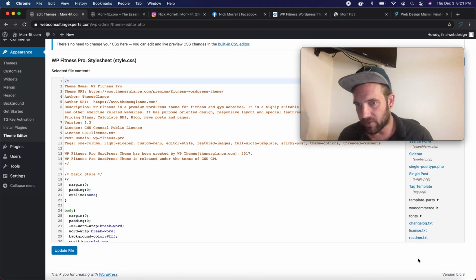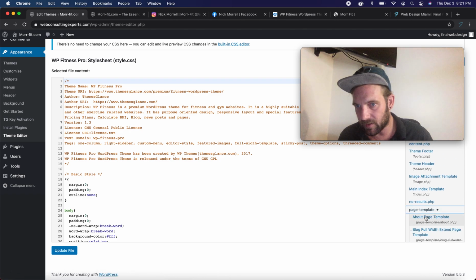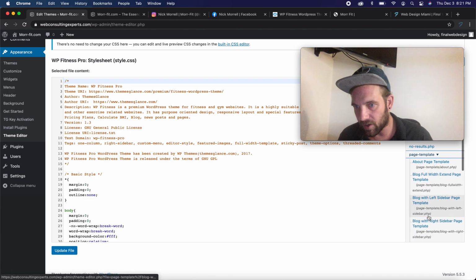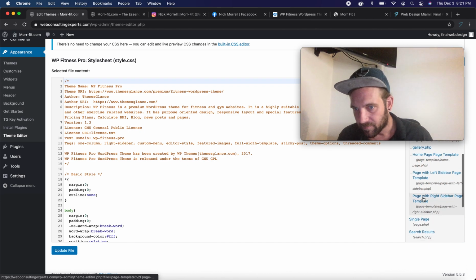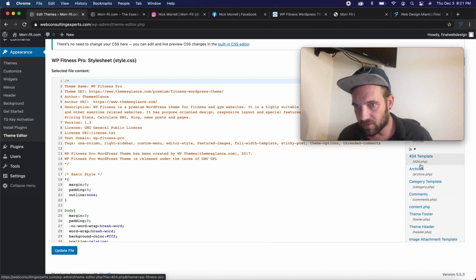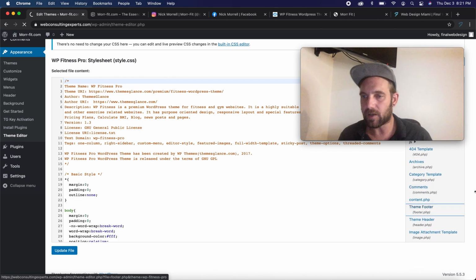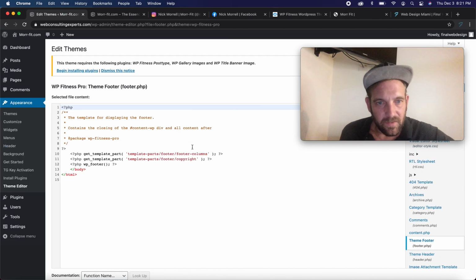And why don't we go down here? We should see a page template. Let's open that. About, blog width, blog, gallery, homepage. Okay, it doesn't look to be in there. So let's go to theme footer.php. And let's see, here it looks like it's pulling from template parts,